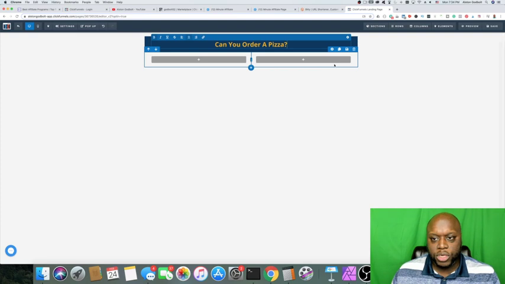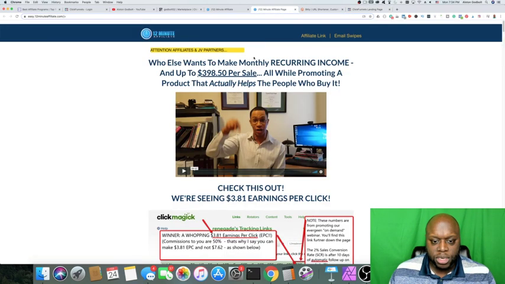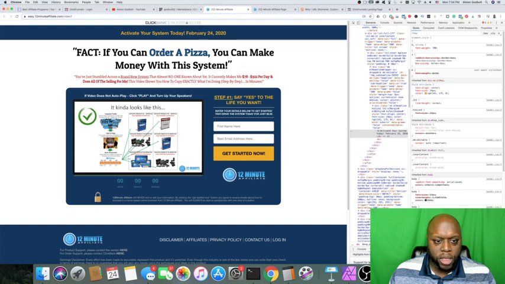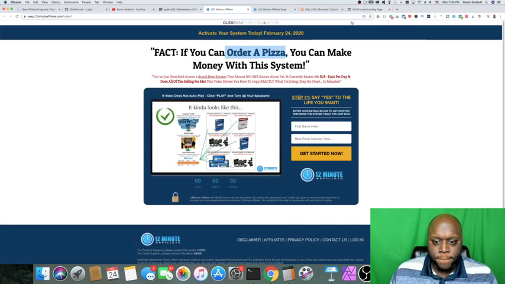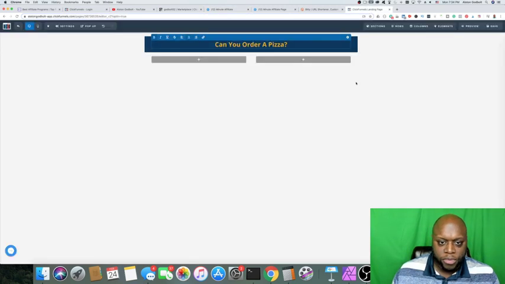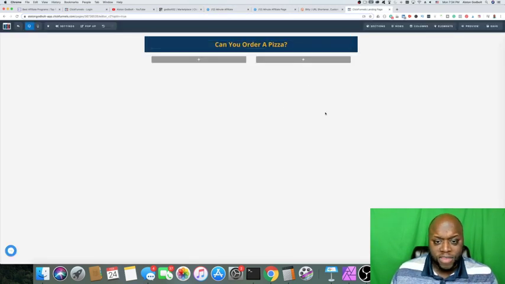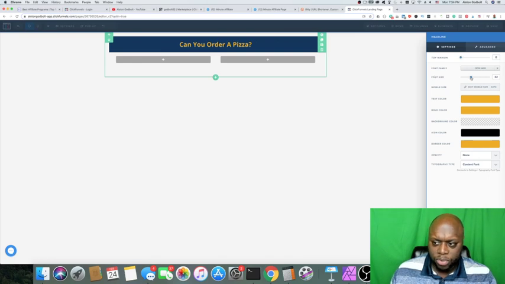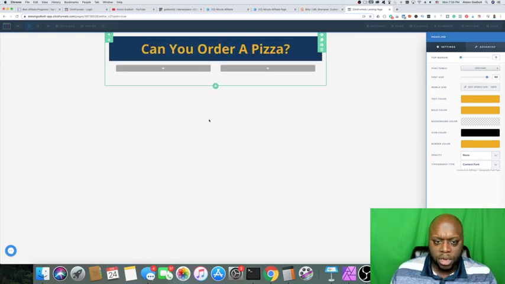And the reason why I want to use this terminology is if they click submit and they go to the sales page, they're going to see that pizza again. This pizza word is highlighted. Order a pizza. They're going to say, I saw that before. This looks right. This makes sense. And yes, I can order a pizza. And so you've already got them saying yes. You've got them saying yes once, and so it's going to be even easier to get them to buy something. Get them to say yes. It's a trick that Russell Brunson talks about in his book. So I'm just going to make this a little bit larger here.